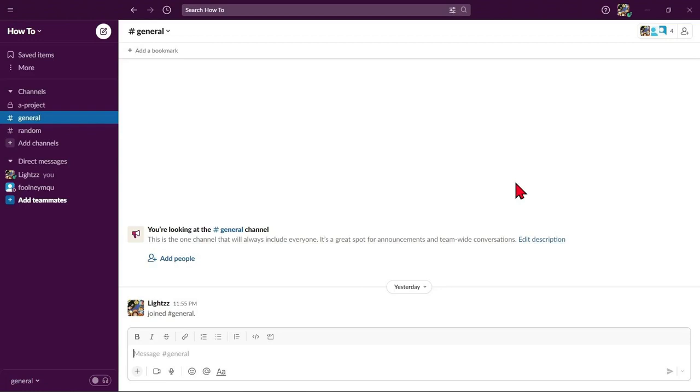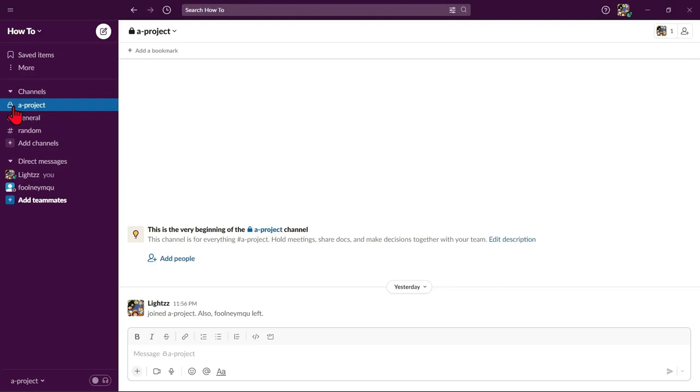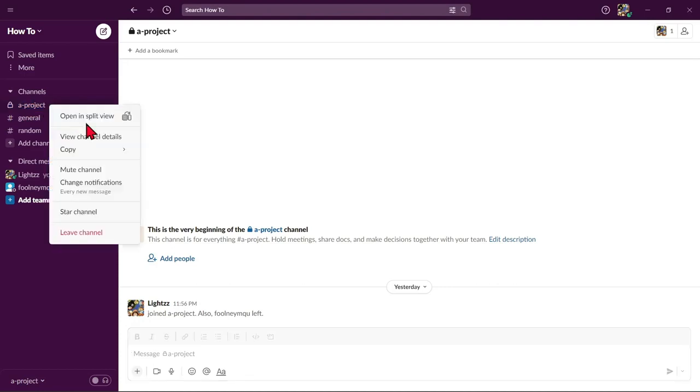First, open your Slack account. Go to the private channel where you want to add a member. As you can see, there is a padlock icon beside the name of this channel, which means that this is a private channel. Click on that, and to add a member into this channel, simply right-click on it, then click this